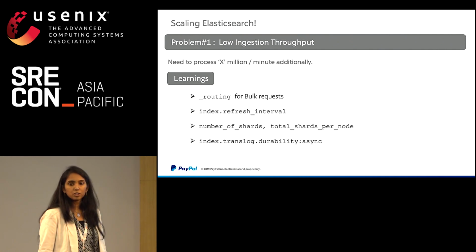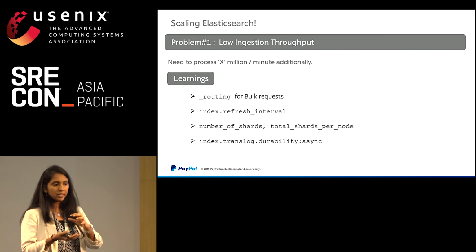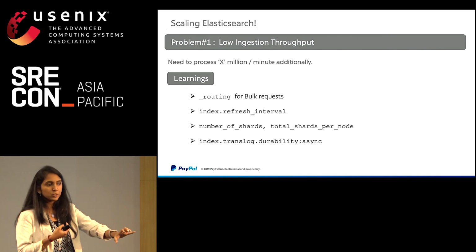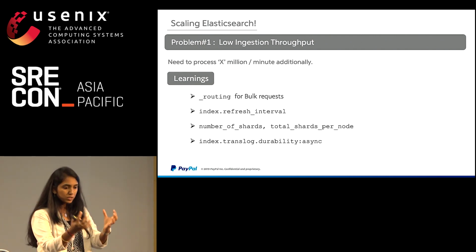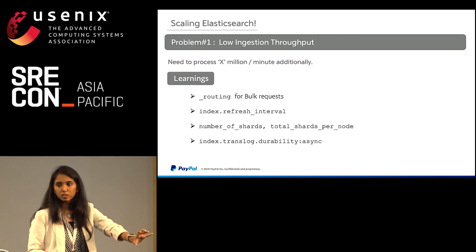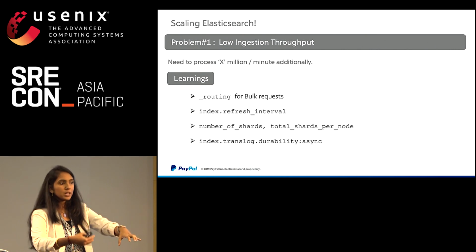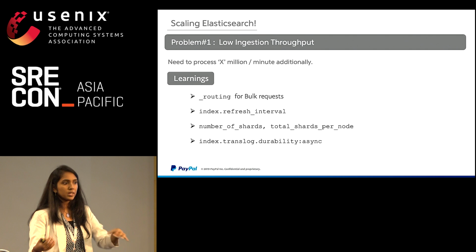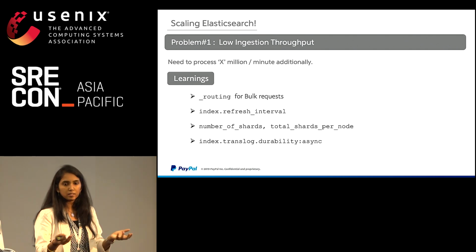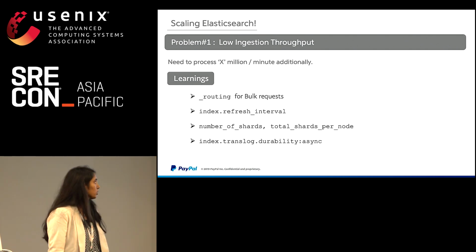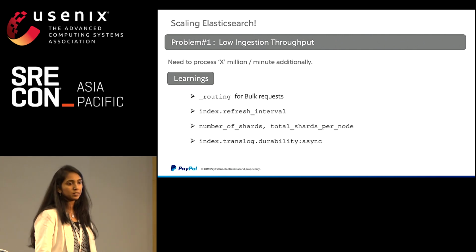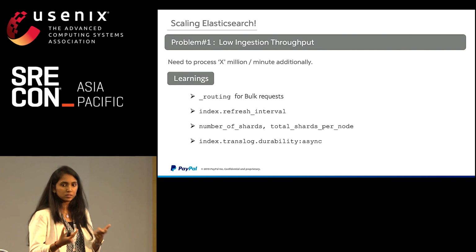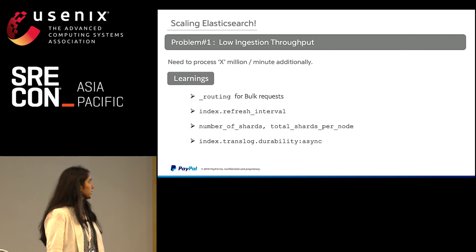How about a combination of routing plus bulk requests? Routing is where, for a given request, you know which exact shard it needs to go to. When you combine a routing field for a given bulk request, say these 100 documents will go to this particular shard in a given node, and then you have multiple parallel worker threads doing the same. In that case, all the nodes and all the shards in a given cluster would start to maximize their throughput, and that is the first point that we did. Combining routing with the bulk request is something that helped us maximize the throughput.